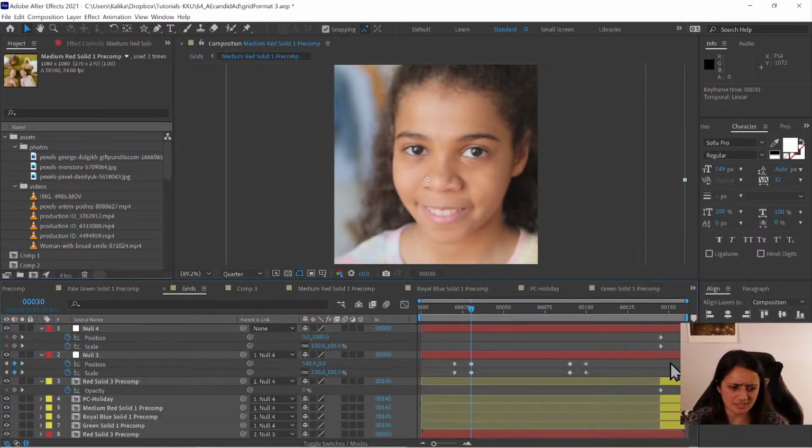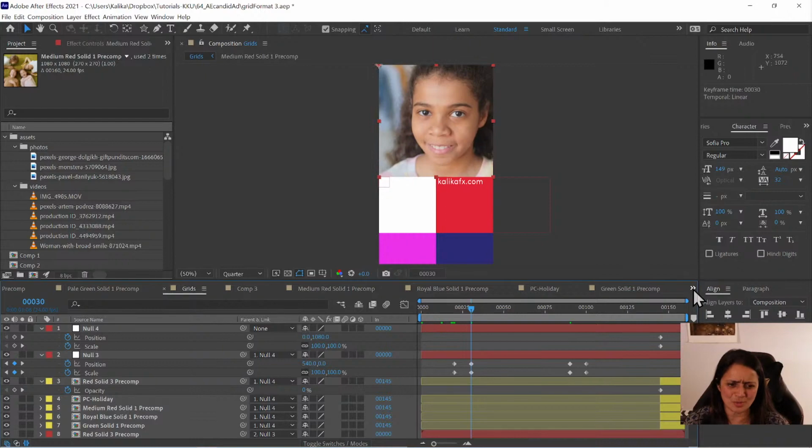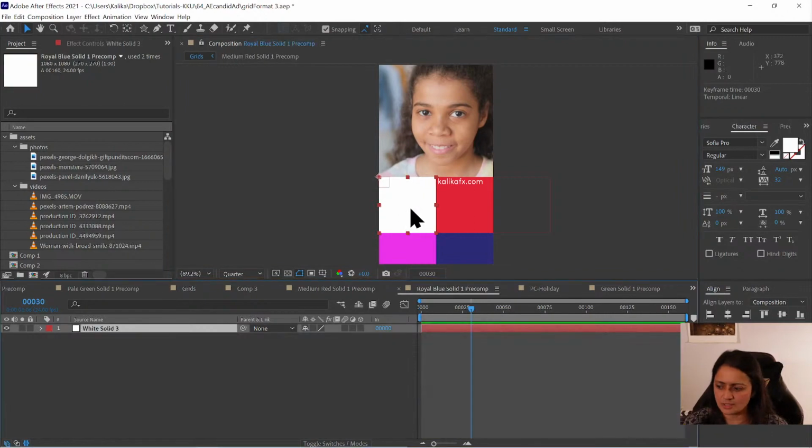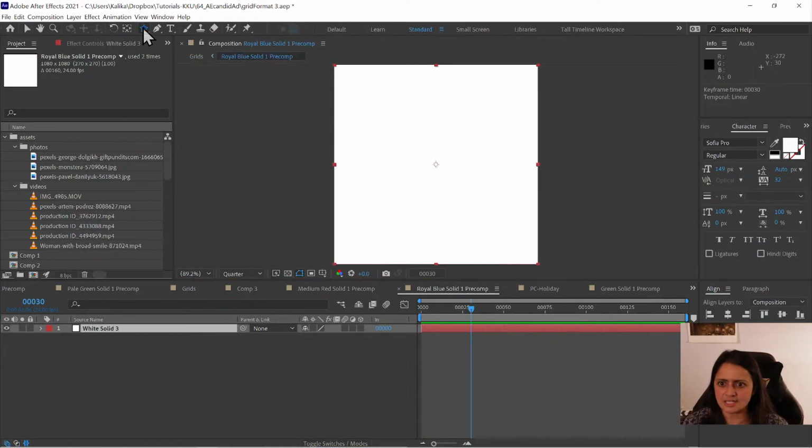So back to grids. Yeah, that was that little fast forward button. Love that. Anyways, now I want to do something in this window. In this window, I want there to be a star that just draws on and then draws off, and then the word joy shows up, and it's going to be really cute. So I'm just going to double click that guy, and I'm going to take my star tool,